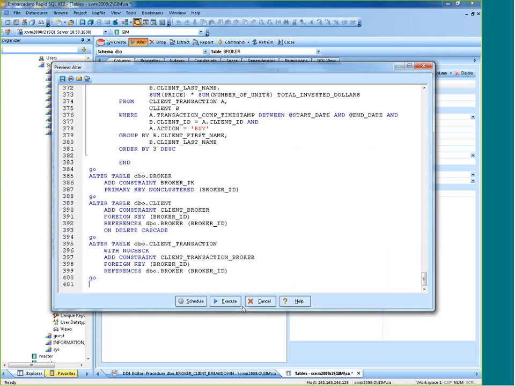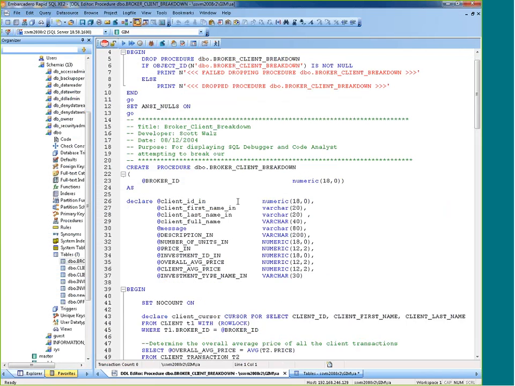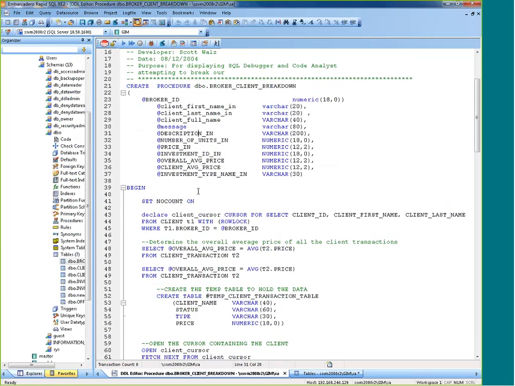So again, it's certainly not a trivial matter, but something that using a tool like this, you can leverage the power of the tool. So let's hop out of here. We'll go over to a stored procedure that I have. So this is a stored procedure that I've written. If I want to execute it,